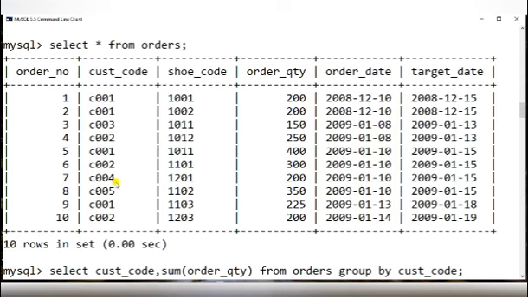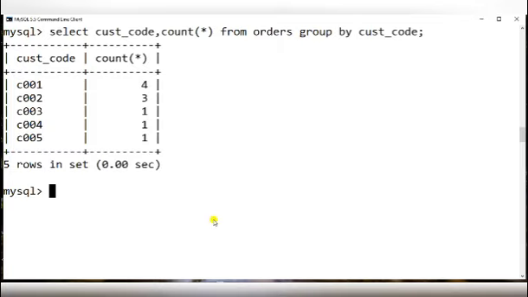Now we know that C001 has 4 orders, C002 has 3, C003 has 1, and so on. Like this we have the orders in front of us. Hope you have an understanding of all the clauses now.